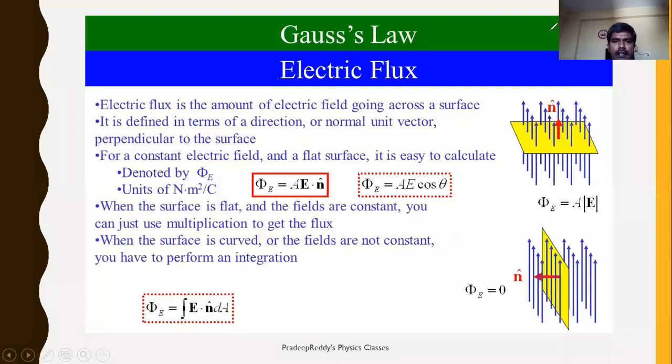In this slide, now we will be learning the definition of electric flux and I'll introduce Gauss law. Pay attention. As I told you, electric flux is the amount of electric field going across a surface. Like in this case, this is an example of electric flux. So phi will be equal to E dot A, magnitude of E, and A is area vector. Area vector is always perpendicular to the surface area.